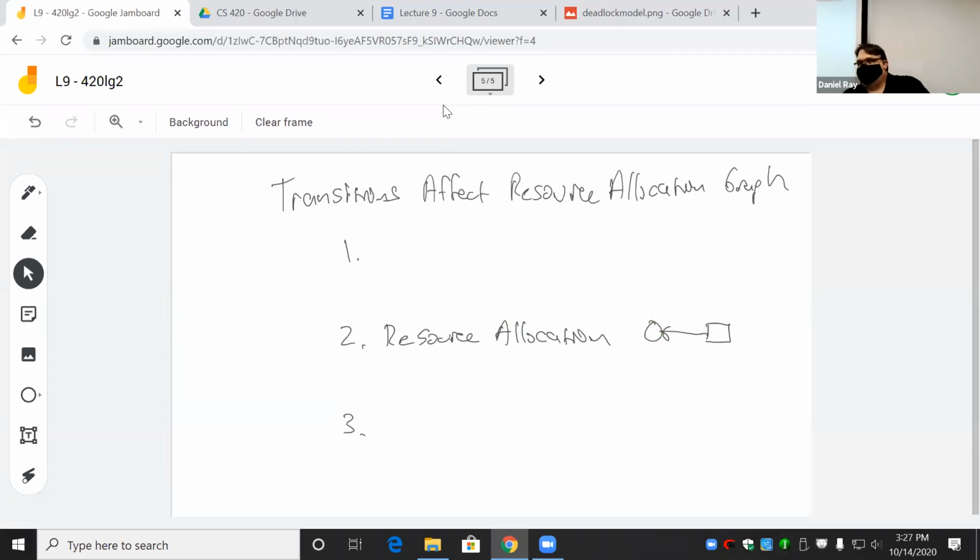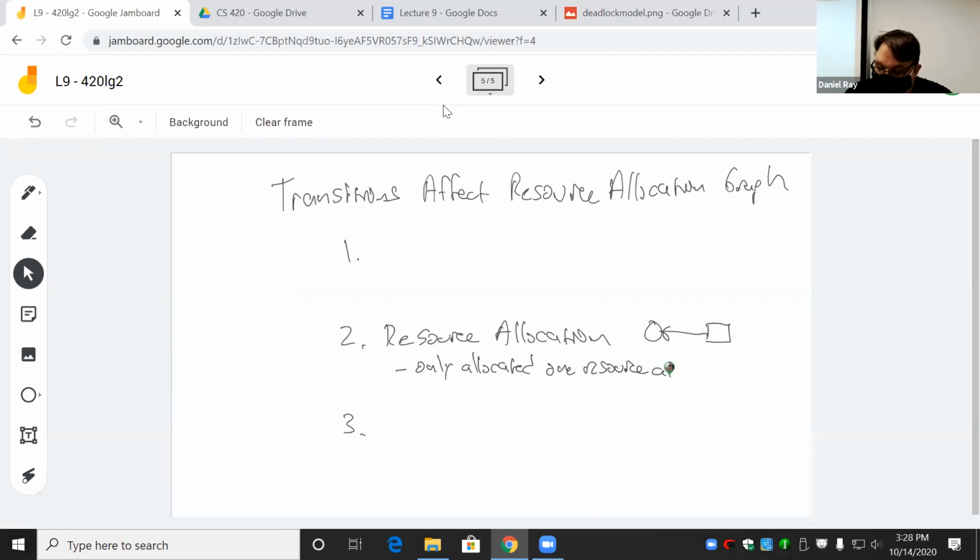There's a couple of rules involved with resource allocation. I'm only going to be allocated one resource